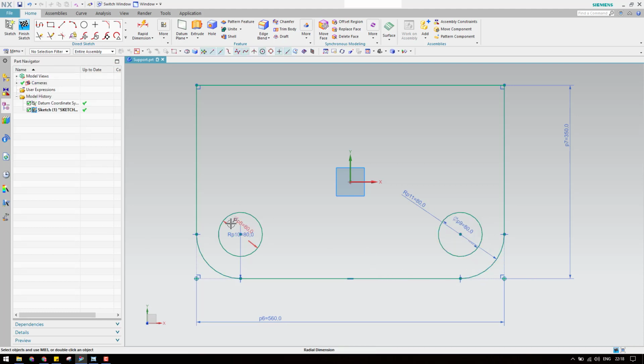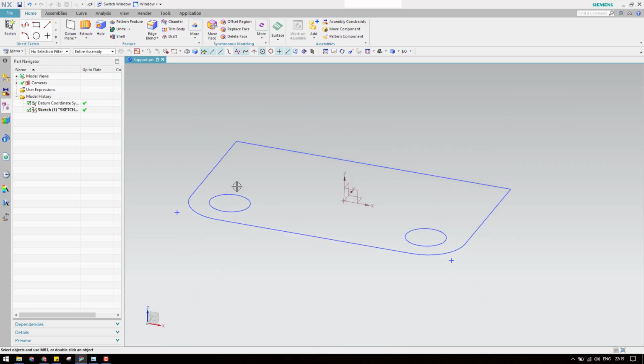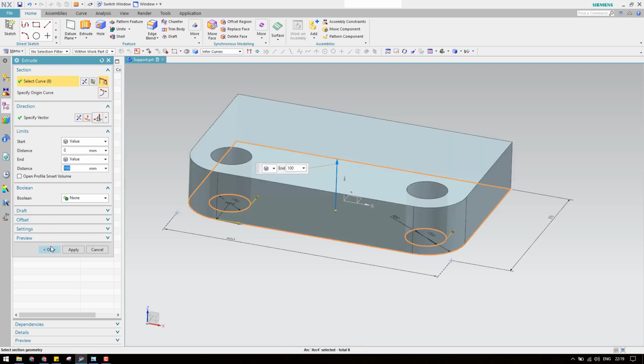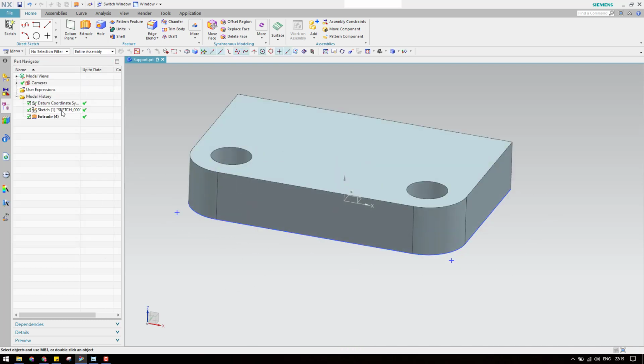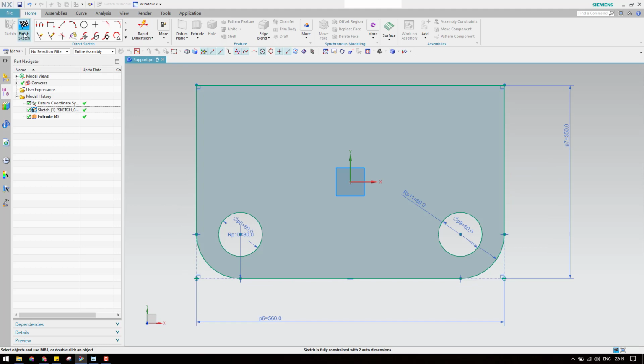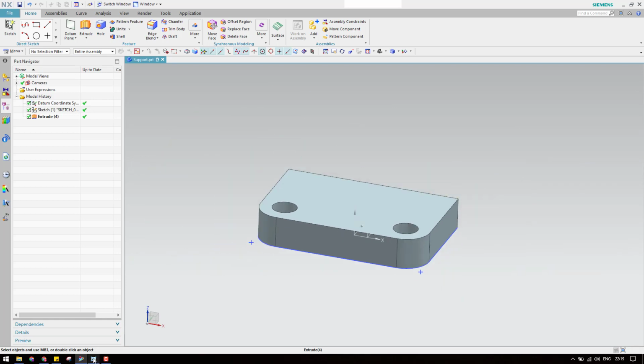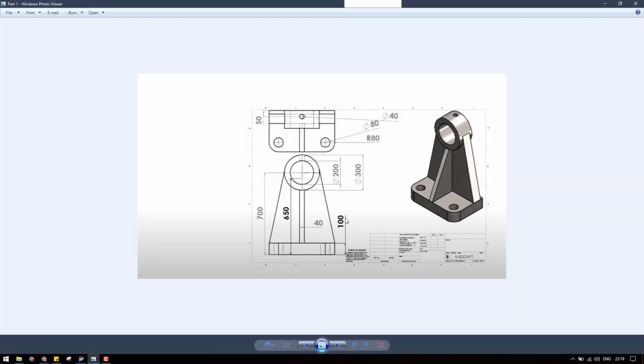Close it. Now we have to finish the sketch, and then go to extrude and give it 100 mm. While doing this inside the sketch itself, you can reduce more work so that you can save some time.